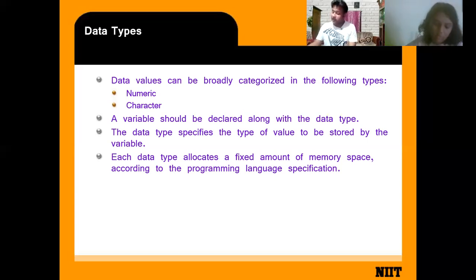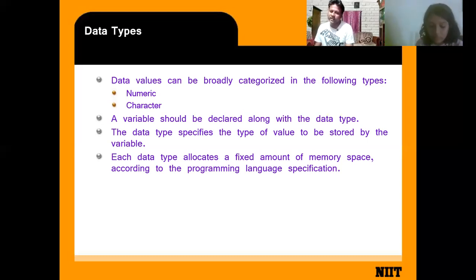I have given an example: if you take a bottle, in that bottle you can take only water or liquid items. You cannot take vegetables, as it is a container. For storing a different type of value, we require a different type of container. So data type is like that.